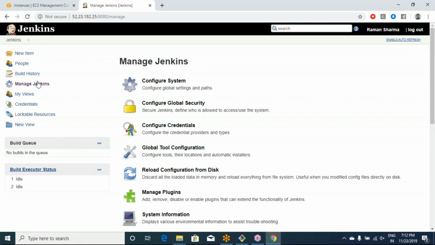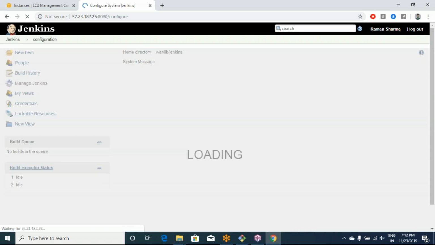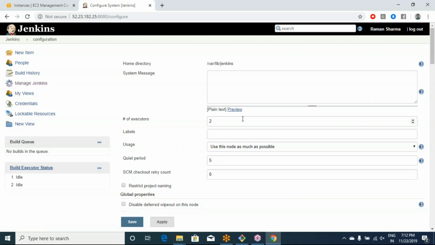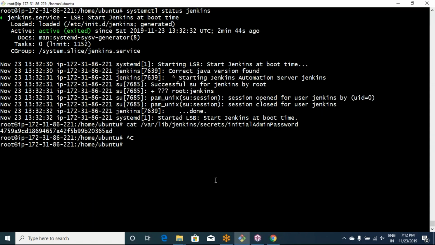and if I go to Manage Jenkins one more time, here you can see Configure System. In Configure System there are a lot of settings available. Like this is your home directory of Jenkins. If I copy this and go to this home directory, if I say ls and paste that, /usr/lib,